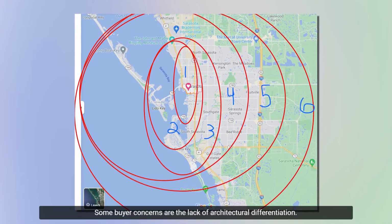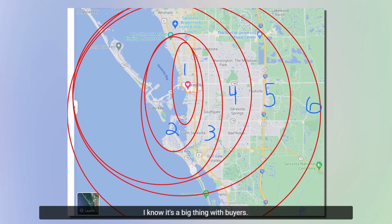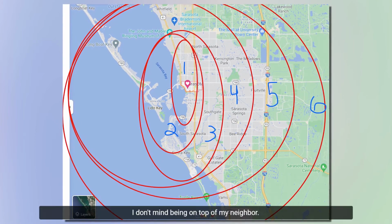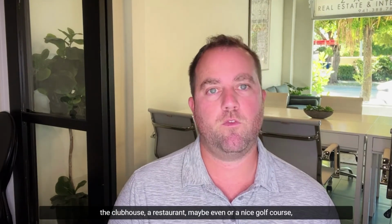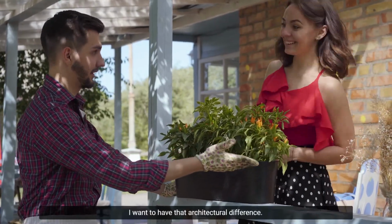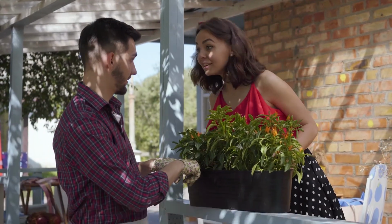Some buyer concerns are the lack of architectural differentiation. I know that's a big thing with buyers. Some buyers are like, hey, I want to be in a community. I don't mind being on top of my neighbor. I want to have amenities. I want to have that resort style pool, the fitness center, the clubhouse, a restaurant maybe even, or a nice golf course, whatever that may be. And there's some buyers who are like, hey, I don't want that. I want to have that architectural difference. I want to have a Spanish style home next to a colonial style home that has